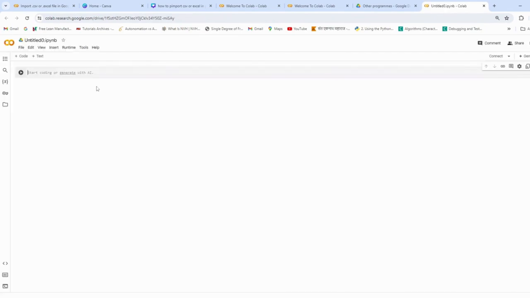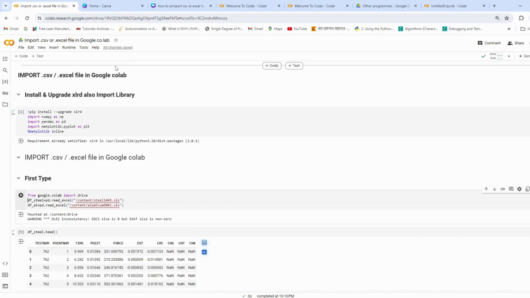Here you don't have to install any software, no kind of installation is required. Just open this Google Colab. This is the file I have already opened here to import the CSV or Excel file. So dear friend, first we have to import the libraries. And we just have to confirm, because we are importing an Excel file in this program, that's why I have upgraded the